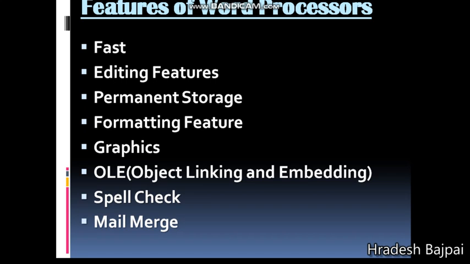Okay, next feature is mail merge. Mail merge is a feature which allows us to make multiple copies of a single document for multiple addresses. It means if you want to send a letter or any document to multiple persons at the same time, we just need to type a single letter, like an invitation card or anything, so the contents will be the same. We will just add recipients in the list, and if you add 50 persons, 50 copies of your document will be created automatically.